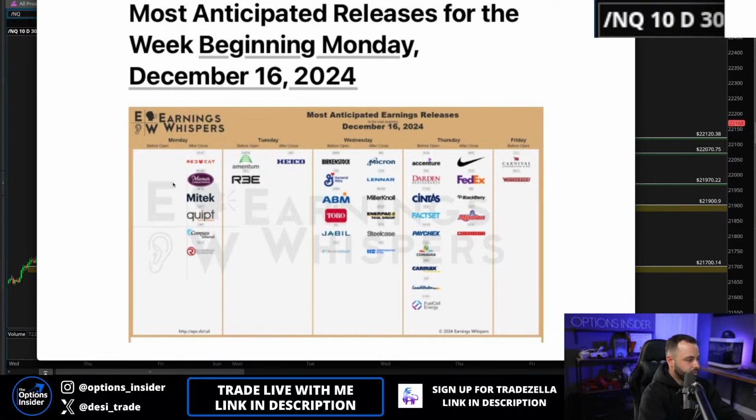Earnings calendar. Not really too much to focus on until I'd say Wednesday. Micron, Lennar, who built the house I'm in. Pretty cookie cutter house. Can't say too many good things about this house on Lennar's part, but that's what Lennar does. They don't really have the custom side of their building. It's still a beautiful house, but Lennar definitely cuts some corners in terms of finishes. That's definitely a true fact there. But Micron Wednesday,